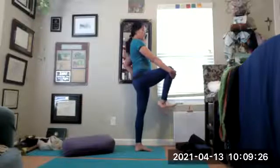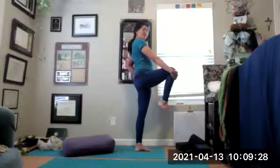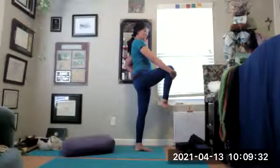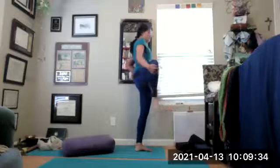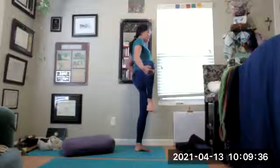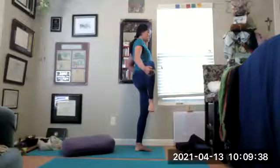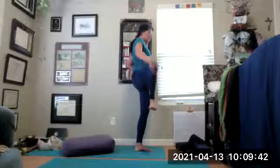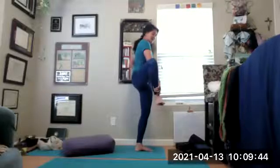There again, rock and roll your ankle and wiggle those toes. Kind of lubricate those synovial joints around. And exhale, pull that right knee out to the side. Balance here. You're going to shift your hips more. Balance and focus on a point in front of you that's not moving. Good job. Now walk the hands all the way down to the ankle again and place it into the inner